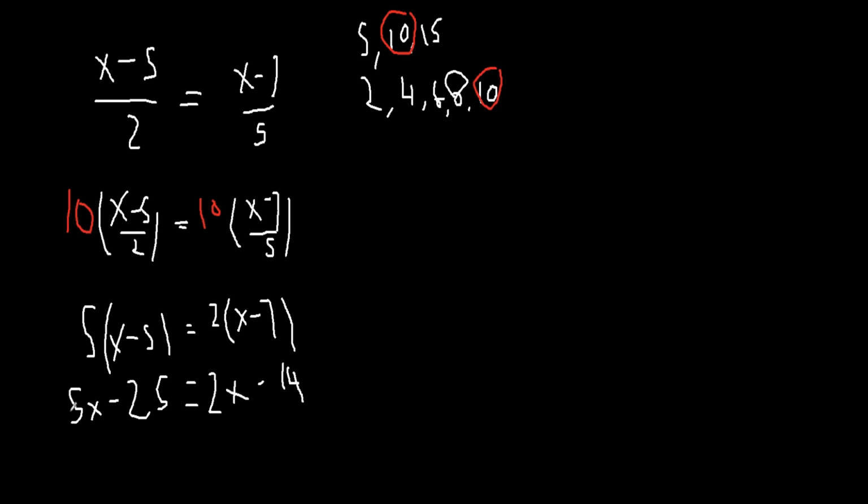So then we have our like terms, we can collect them. So it's 5x minus 25 equals 2x minus 14, 5x and 2x and negative 25 and negative 14. So it's 5x, and we could subtract 2x from both sides. So it's 5x minus 25 equals 2x minus 2x and minus 14. So the 2x cancels out, and we're left with 3x